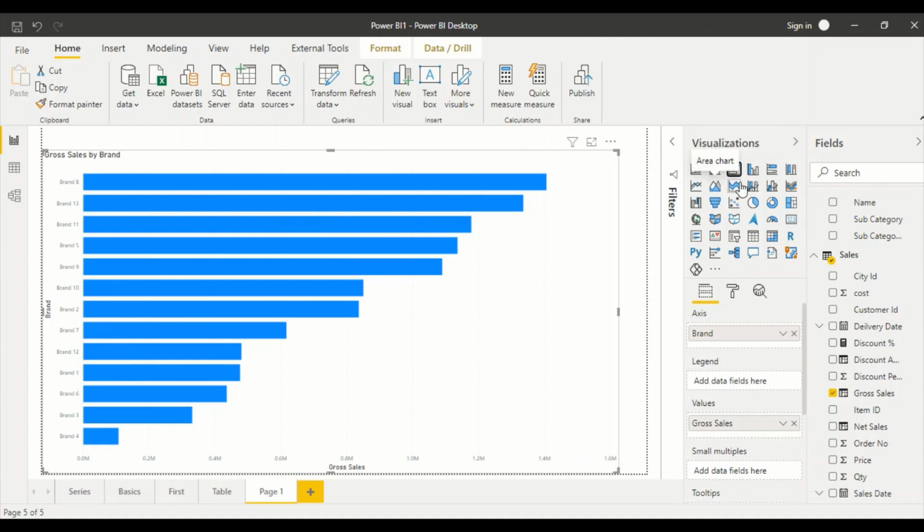Now the same visual we are going to look into in two ways in Tableau. We will do one thing in Tableau and then come back and repeat it in Power BI, because doing that in Power BI is a bit different. So first, let's go to Tableau.